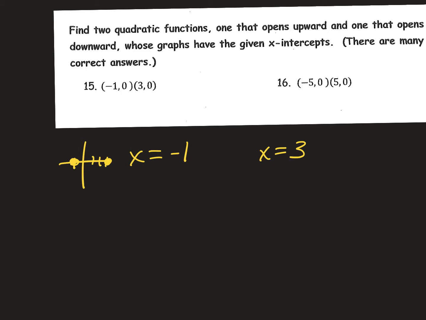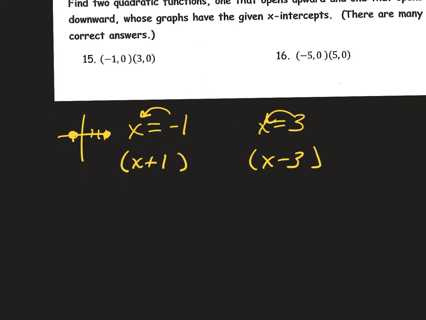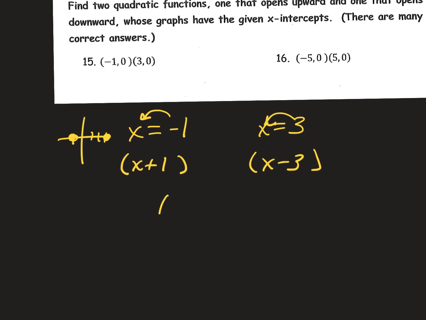One step before x equals -1 would be your binomial. What would my binomial look like if I knew that my x value was -1? How would I write that as a binomial? X plus 1, right? Good. We'd move this back, and we get x minus 3. Agreed? Now, if I'm trying to write an equation in standard form, and I have 2 binomials, what would I